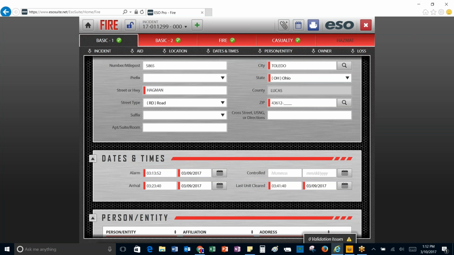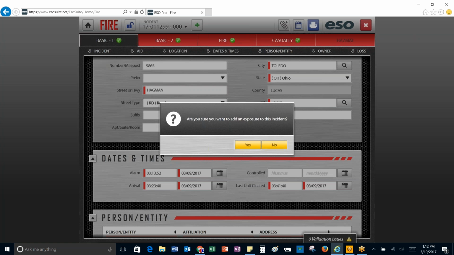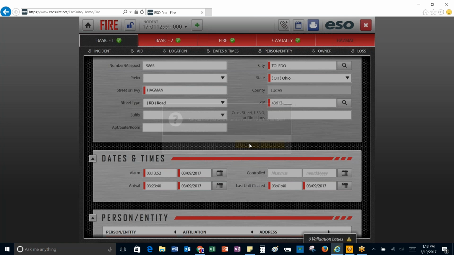Now, if this fire were to expand, and let's just say it moved over to another vehicle or another building, or an exposure to one side or the other, or something we were classifying as an exposure, then we would just come up here and hit the plus button. And just like with the EHR, it's going to ask, are you sure you want to do that? And you would say yes, because you want to add an exposure. And when you do,